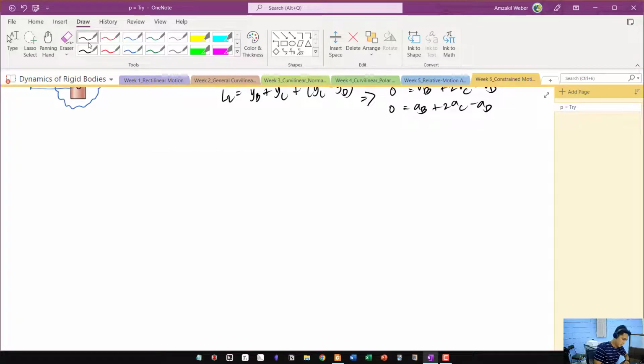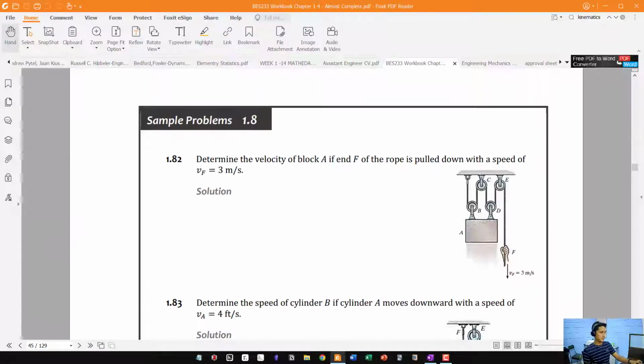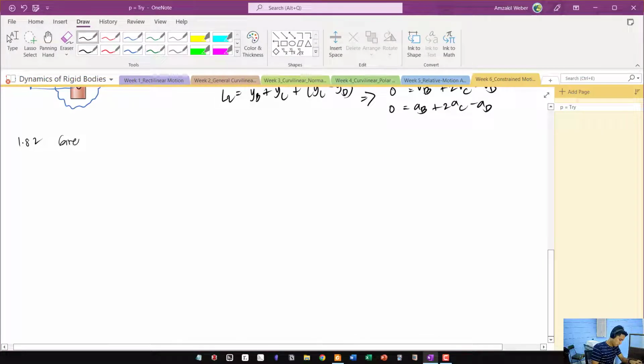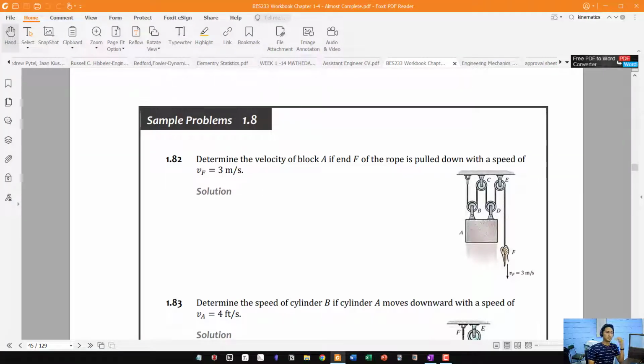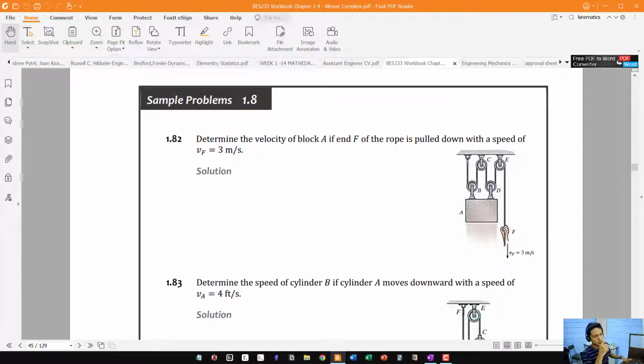Problem 1.82. Okay, so what's the given? The given is, of course, the figure. Determine the velocity of block A if end F of the rope is pulled down with a speed of 3 meters per second. Okay, so as we can see here,